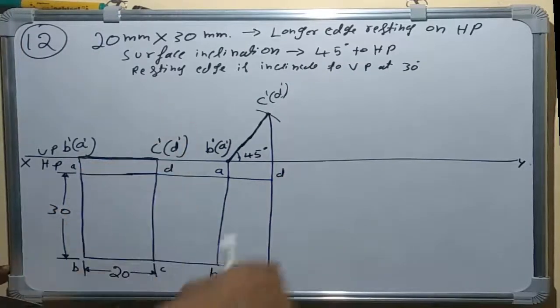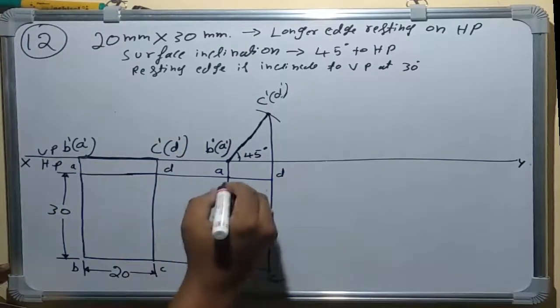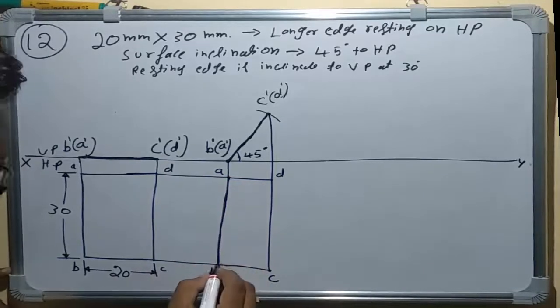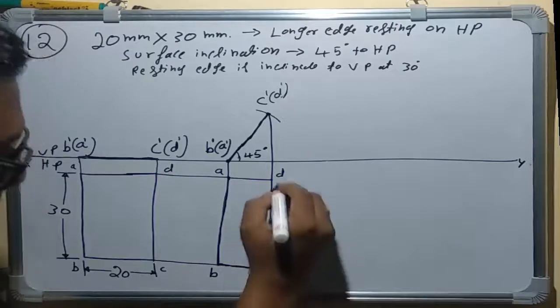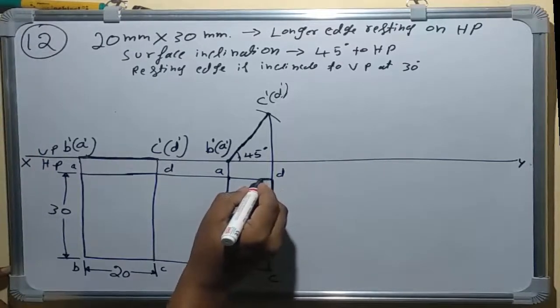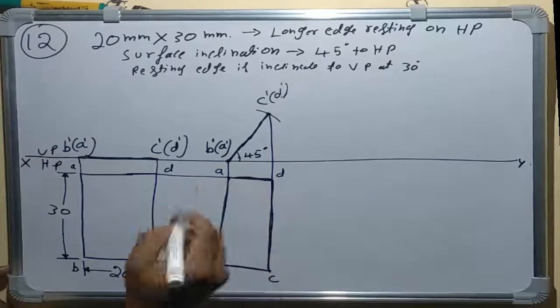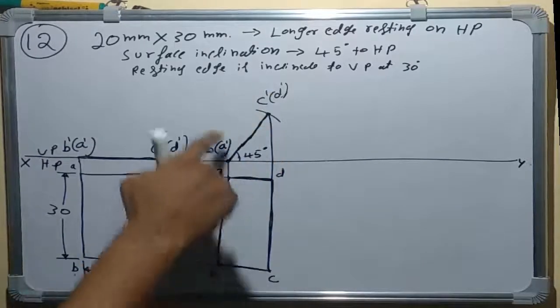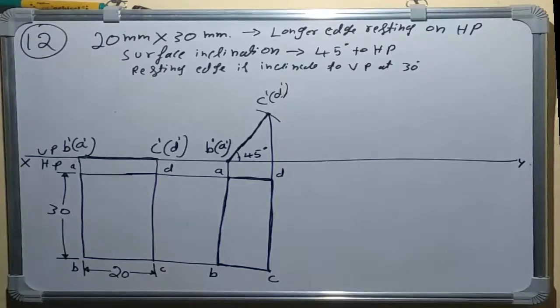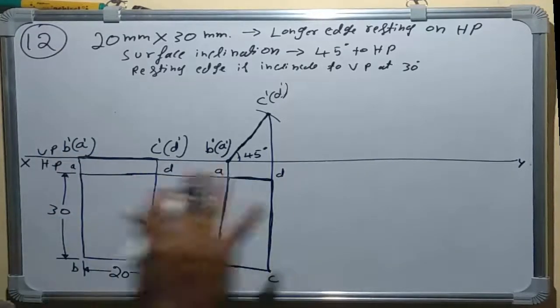So now we got the second step, the top view. After getting all this, you can make these lines visible lines. You can darken them. As I am repeating again, only the profile should be visible lines, that is A, B, C, D, in the front view and top view. All the remaining lines should be normal lines, that is, very thin lines. Okay, the second step is finished.